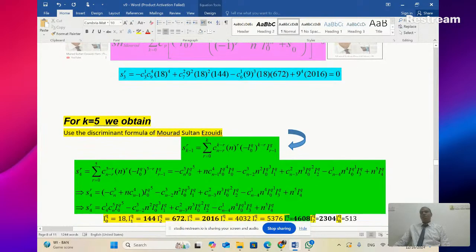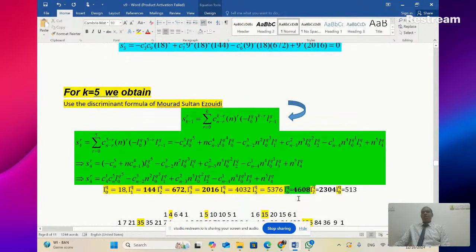Now I'm going to continue learning. I want to find S4. Find S4: if K equals 4, the discrete formula of Murad Sultan is ready and will lead to the general formula to find the fifth coefficient of any equation, which is that S4 equals combination coefficient 1, combination 5 at 0 to the power 5, minus combination elements which is 3 squared to the power 3 times L1, 2 plus combination elements which is 2